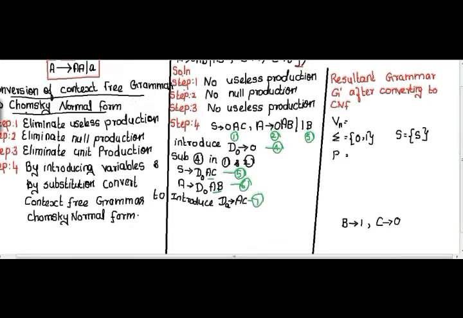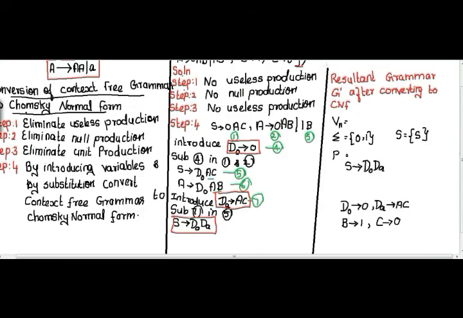Now I'm going to substitute the seventh production in the fifth production, so that my production will convert to the form of Chomsky normal form. So my production will be S tends to D suffix 0 and D suffix A. Now my production is in the form of Chomsky normal form. Likewise, this production D naught tends to 0 is also in Chomsky normal form, and D suffix A tends to AC is also in Chomsky normal form. So let me rewrite those productions in this G dash. Let me give the name 8 for this production. Now this production is in the form of Chomsky normal form.